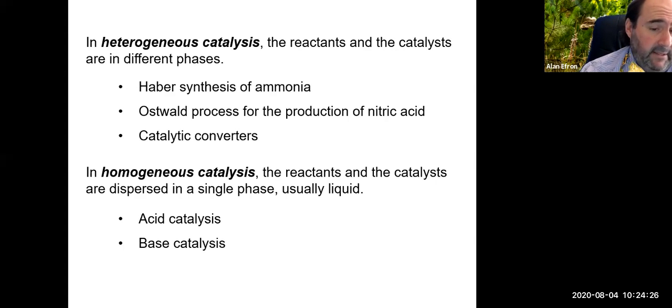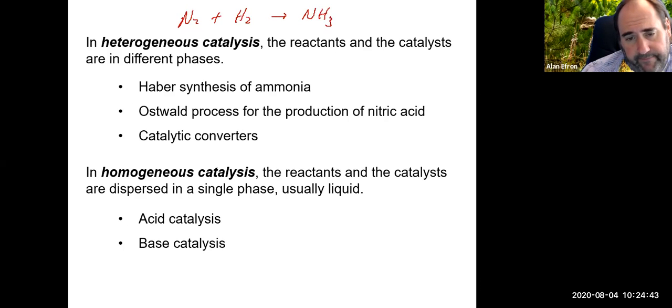So for example, these are 3 processes here that occur. And again, using a catalyst can help it occur a lot more efficiently. For example, the process where we make ammonia, where nitrogen gas and hydrogen gas come together to make NH3. This reaction is a spontaneous reaction, which means it does occur under normal conditions, but it's an extremely slow reaction. But if you add a catalyst there, like iron, for example, a piece of metal or something like that, what that will do is very efficiently increase the rate of this reaction, which means you can make, for example, ammonia